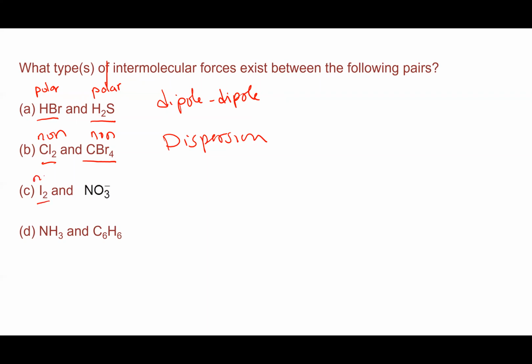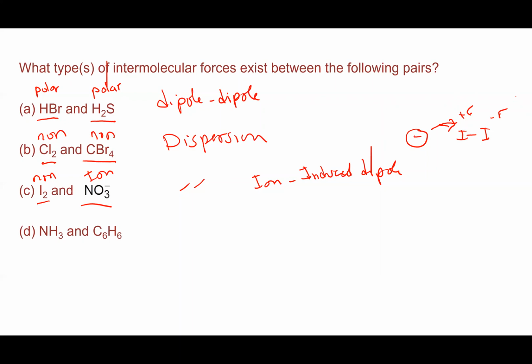Here, iodine is non-polar. Nitrate is an ion. So this is again one type of the dispersion forces, which is the ion-induced dipole interaction, which is going to happen because you have a negative ion close to the nonpolar iodine molecule, which is again going to shift the electron cloud slightly away from the ion. So that is going to cause a partial positive charge on this end and makes the other end partially negative, and this is gonna make it possible for electrostatic attraction between the ion and the induced dipole on the iodine molecule. Here, ammonia is polar,